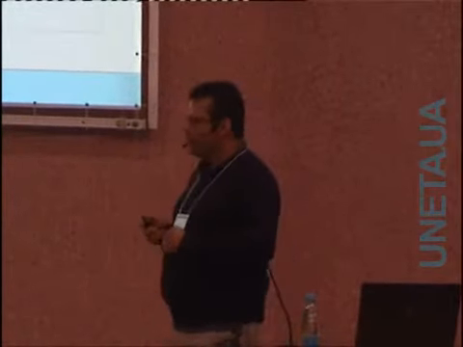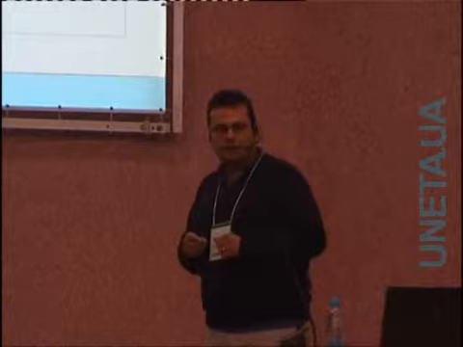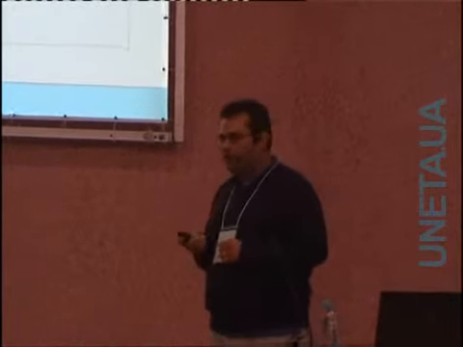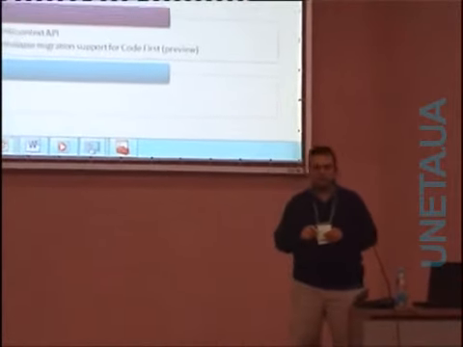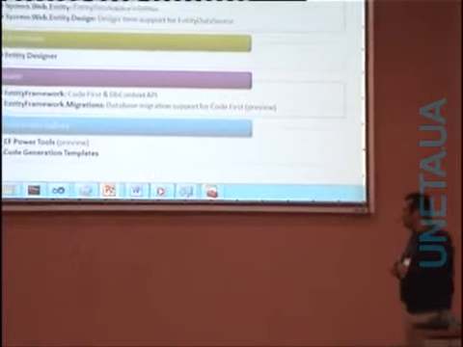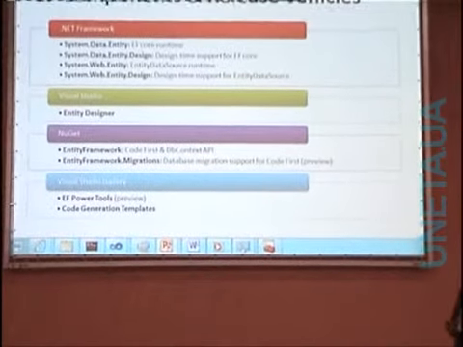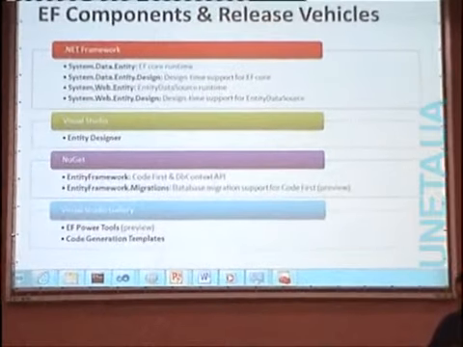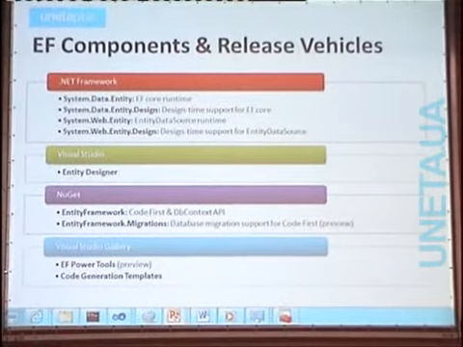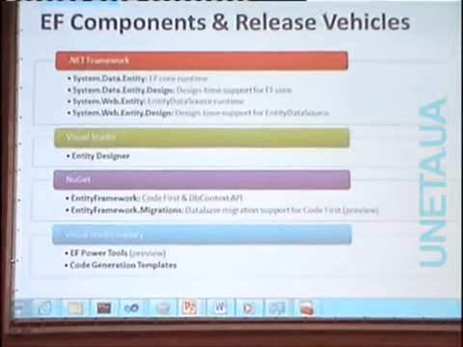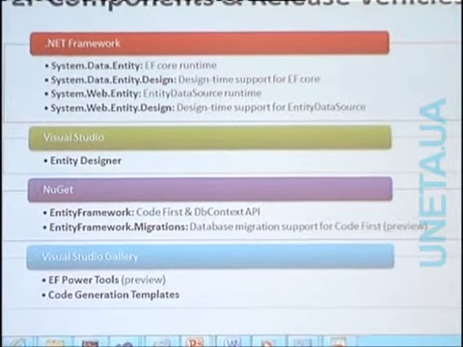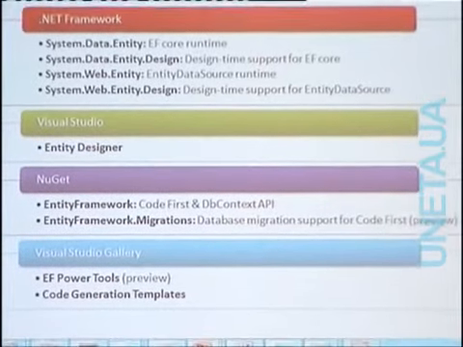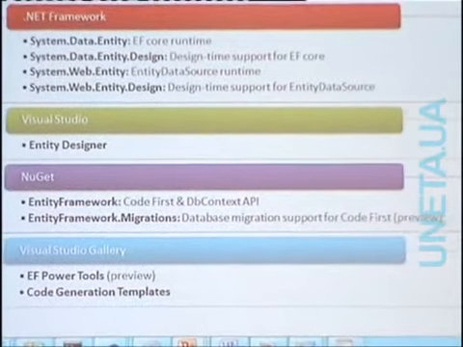And finally, we have some components that we release outside all of the above, and we release them in the Visual Studio Gallery because it's much more convenient. The main things that we have there are the EF Power Tools, which is a nice tool that allows you to do some things with code first very easily, and the code generation templates. Like we have this new API, the DbContext, the simplified data access API. There is a template that can take a model, an EDMX file, and generate code that uses this DbContext. And that one is not part of Visual Studio. You have to find it in the Visual Studio Gallery.